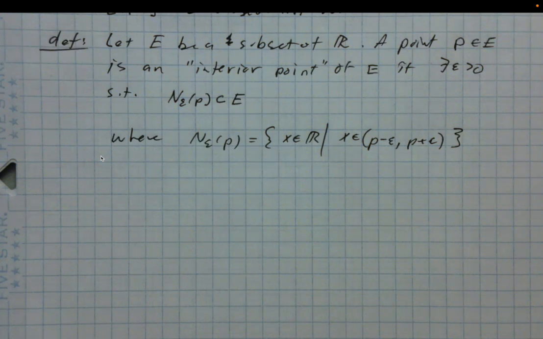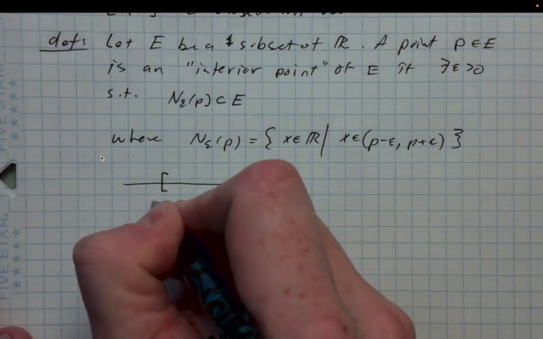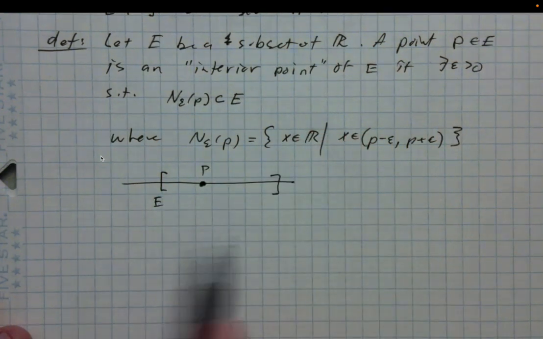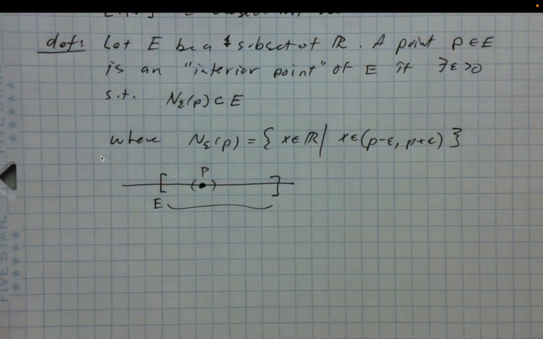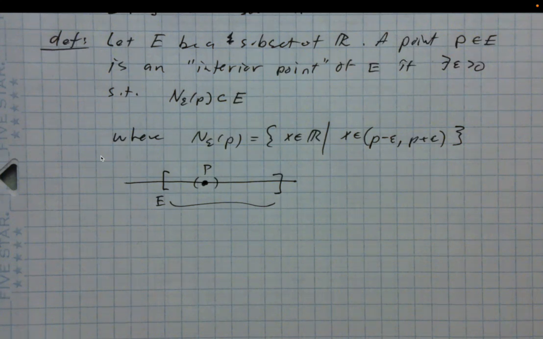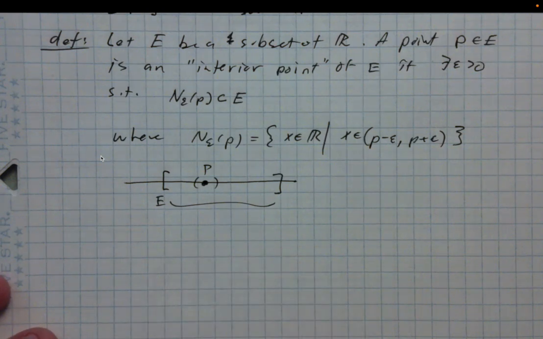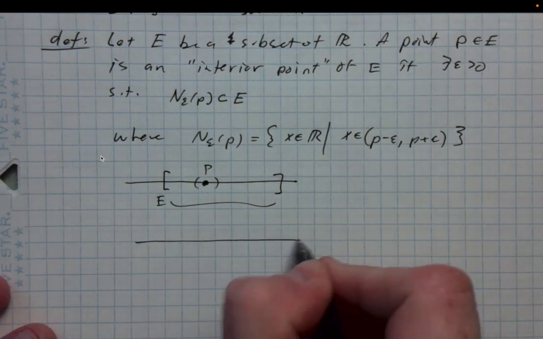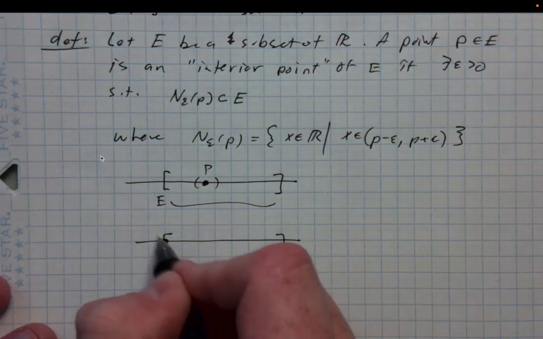Okay, so if we were to try to draw a picture of this, maybe this is my set E, and p is in here. Well, this is an interior point because I can just create an interval. So that's definitely an interior point, assuming E is just this entire interval. Now, it obviously becomes more tricky if E is not an interval. Another example where you would have a problem would be on the endpoints here. So if I'm talking about the endpoint, if E is again this interval, and this is my p,